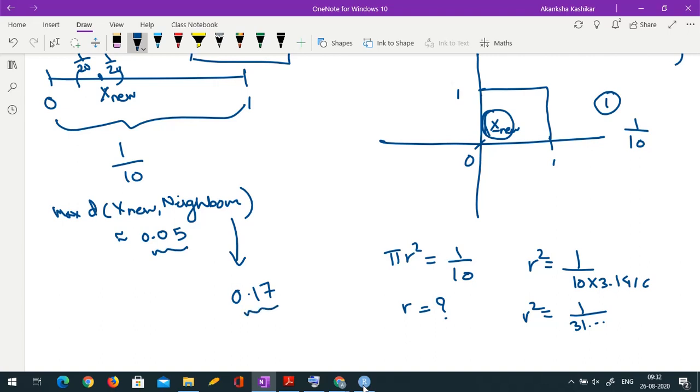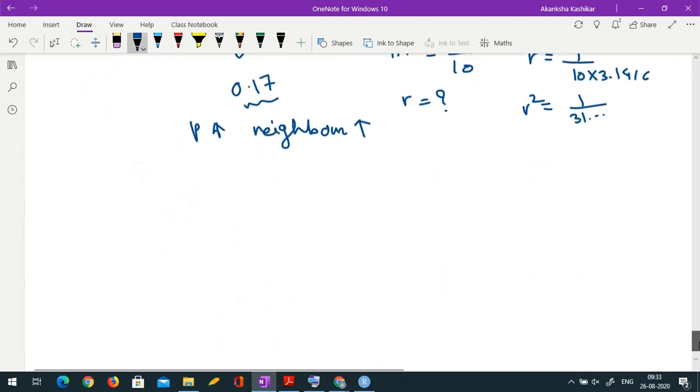As my p increases, this is going to increase further. So what does it mean? It means that as my p increases, the neighbors that I am considering are now at a distance longer than the distance that I had when p was small. So as p increases, the neighbors actually go away from the point of interest. Hence, in real sense, they may not even be neighbors, because if they are too far away, their y values may not be a good predictor for the y values of the point of interest. So this is an important point. This is an important con of k-nearest neighbor.